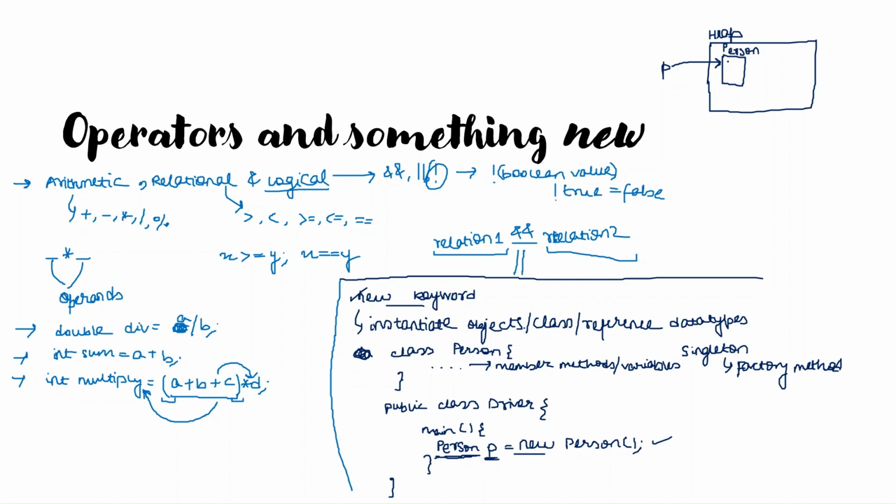It has its own variables and methods within it. So with the help of p, I can tell the compiler what variable we need to access, and from what part of the heap memory we need to access that variable or method. And that is why we instantiate